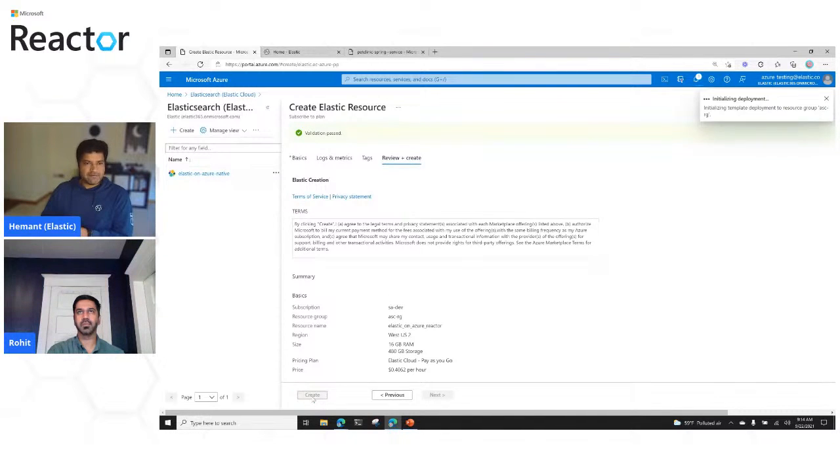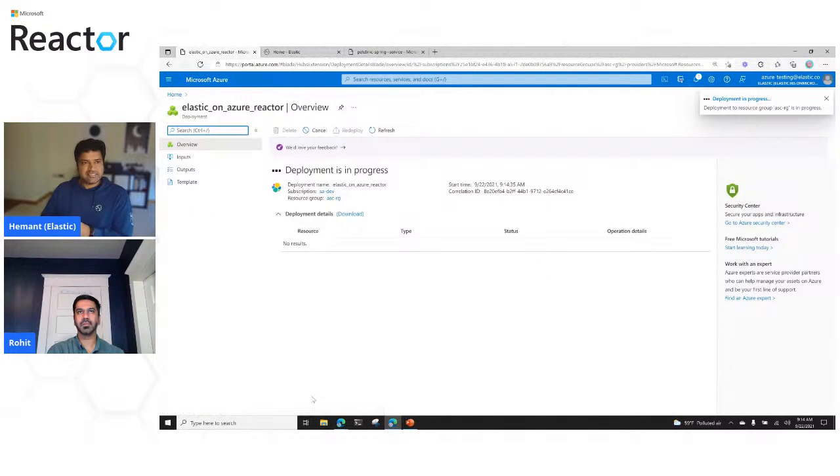At this point, I would just go ahead and give it a creation. I'm not going to wait for the whole creation. It takes a couple of minutes, but this is where I will jump back to the deployment that I already have to start showing you, once this is deployed, what gets available to the users to work with. I still wanted to highlight this deployment is for Elastic Cloud and Managed Service, but as you would notice from this experience, I'm still in Azure portal doing all this and creating the Elastic Cloud deployment without ever having to leave the Azure portal. So this is a significant improvement for the users in terms of experience in working with Elastic-on-Azure.